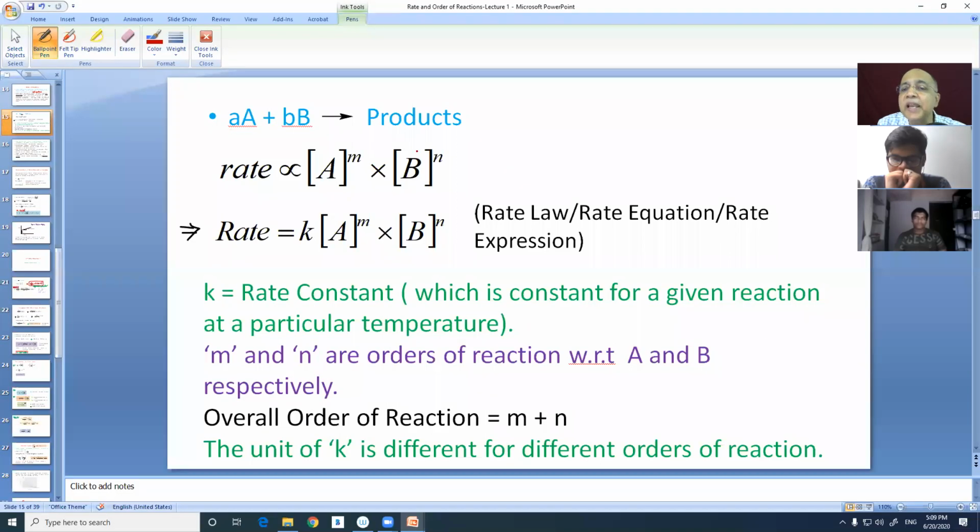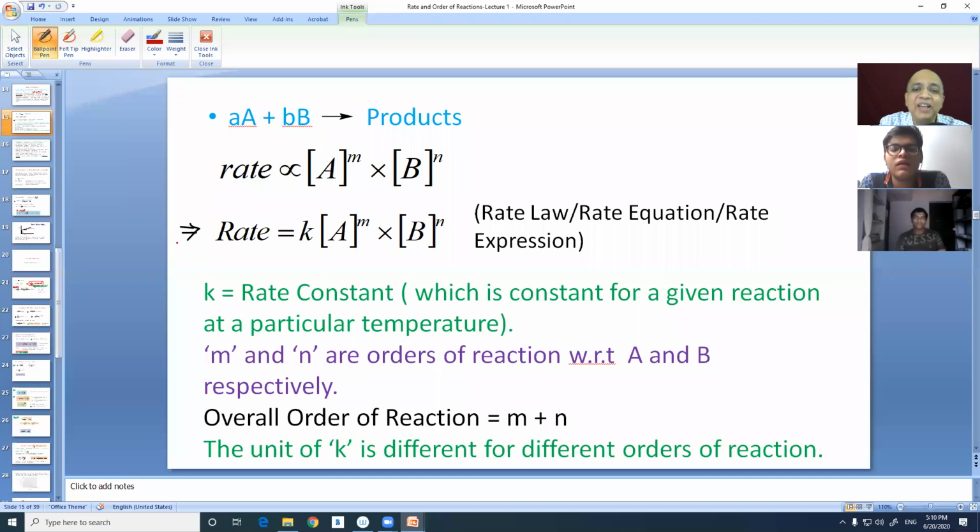Deliberately I have not written A. Had it been the chemical equilibrium chapter, thermodynamics, to find Kc, Kp, I would have definitely written A and B here. But I am knowingly writing M and N to say that M and N may be different from A and B. Maybe by chance they may be the same. So this rate equals a proportionality constant, small k, not capital K, small k.